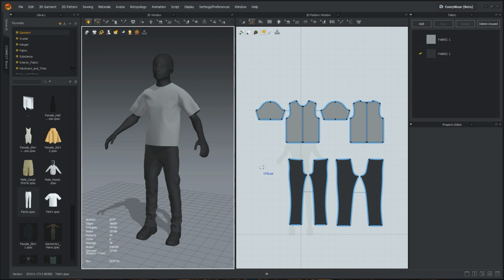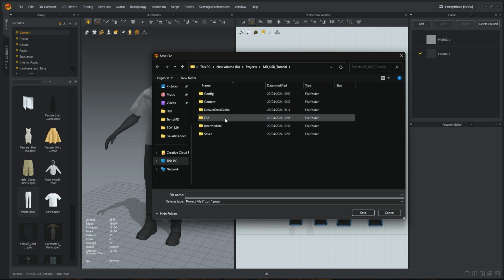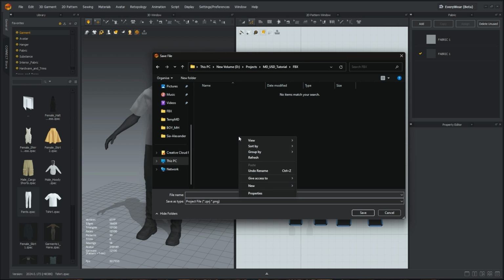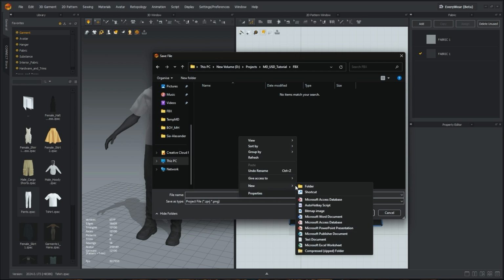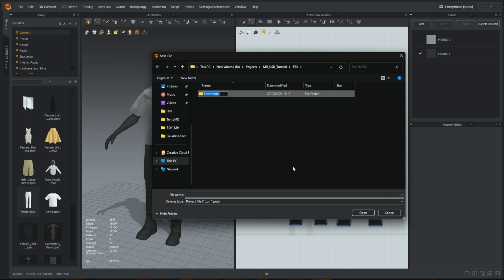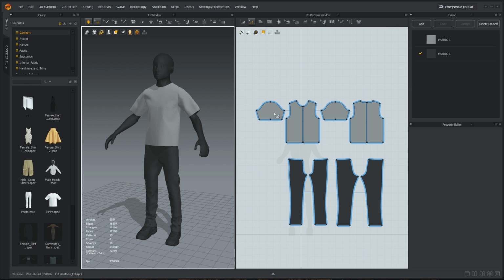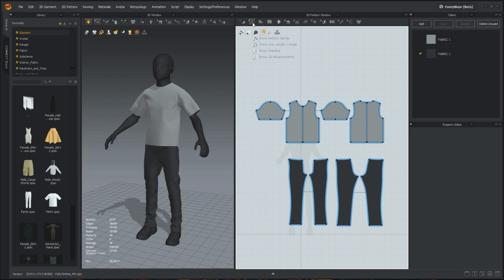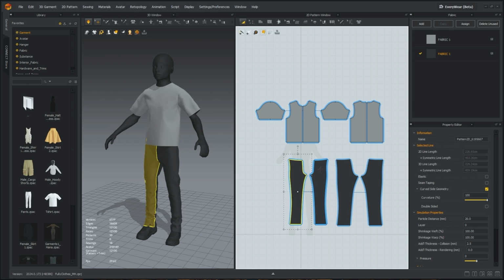But in order to do that, what I would do, I would save this as a project. Save as project, put it in FBX, and I will create a new folder, and I will call it MD Objects. We'll call it full clothes Meta-human. Save it. And what I'll do now is select the patterns of the pants,